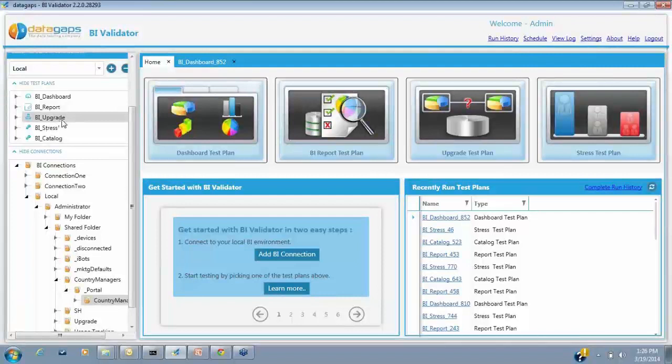and an upgrade test plan. It need not really be an upgrade, but it could be about comparing reports across multiple environments, which is a very common practice for, let's say, a customer. Most of the market has moved on from 10G to 11G, but there are still a number of customers, big implementations, still on 10G waiting for an upgrade. So how can you be confident about your upgrade? You can leverage this test plan.